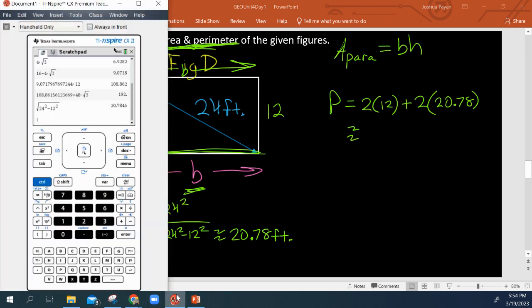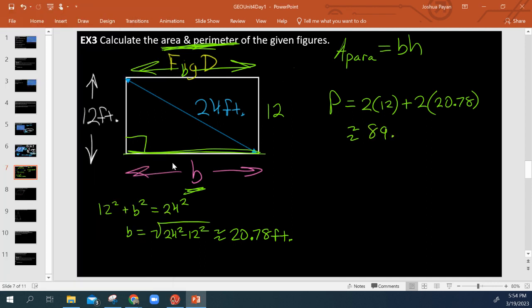And let's see what we get. So 2 times 12, I already know that's 24. So 24 plus 2 times, and I'm going to copy and paste my exact number here. So our perimeter is 89.57 feet. Right? And our area